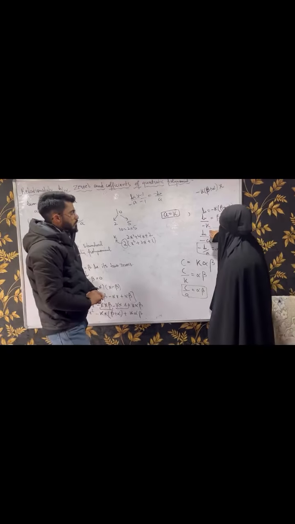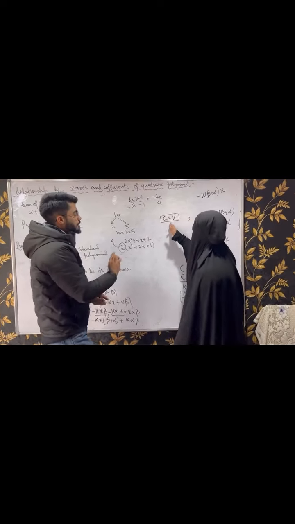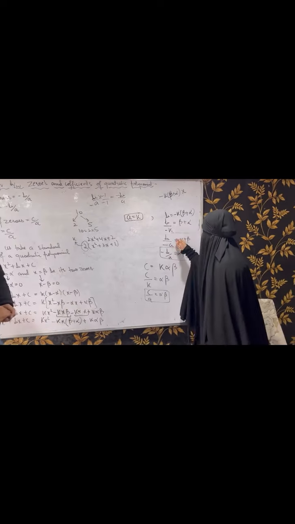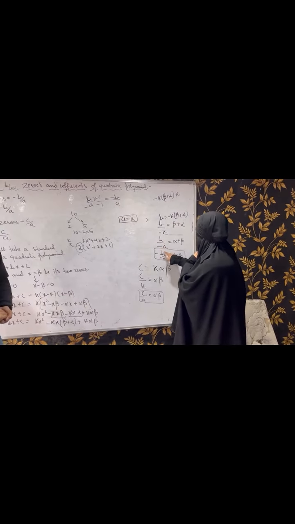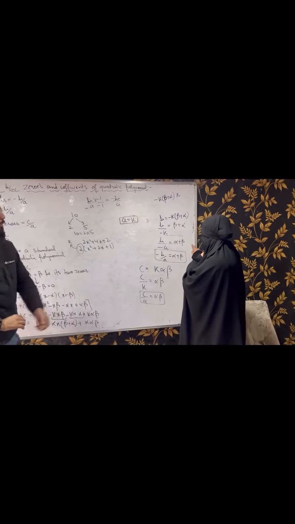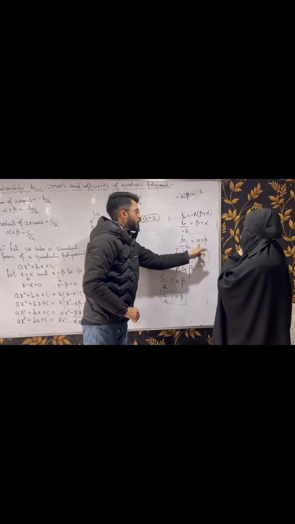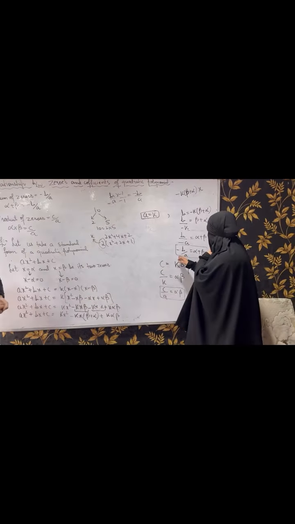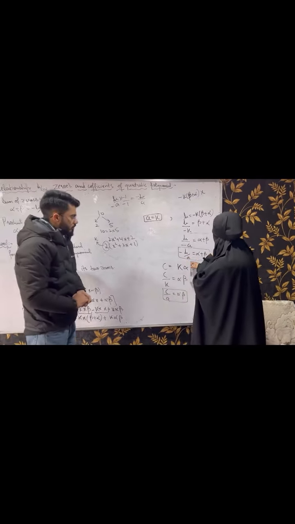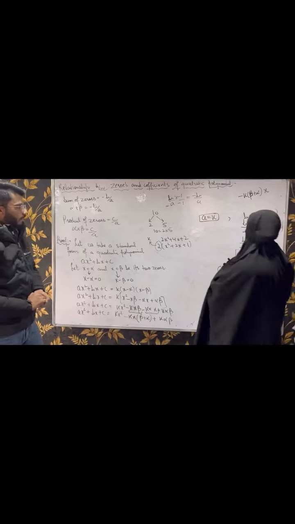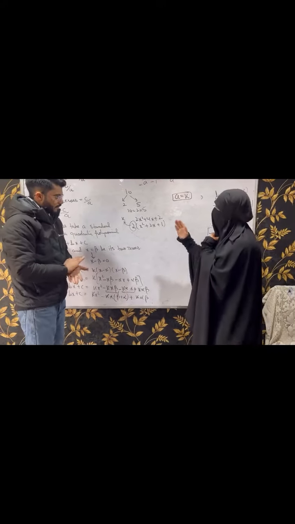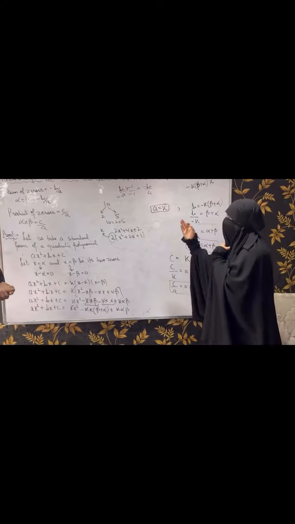Now minus k is actually, k is equal to a. So on behalf of k we wrote here a. That is b divided by minus a is equal to alpha plus beta. Because addition is commutative in nature, beta plus alpha को हम लिख सकते हैं alpha plus beta. Minus b divided by a is equal to alpha plus beta. Here we got the sum of zeros. We proved it here.